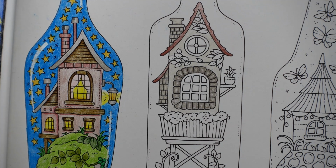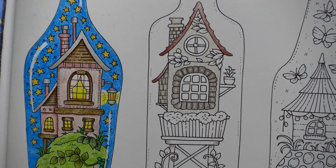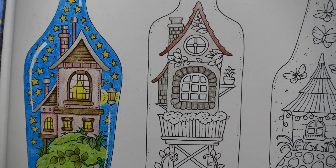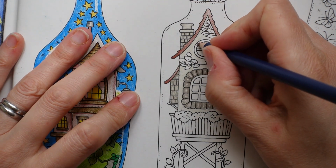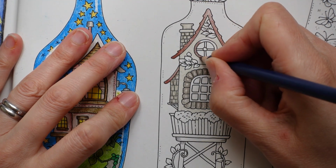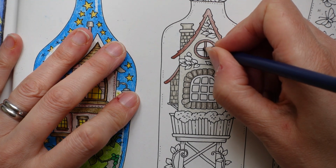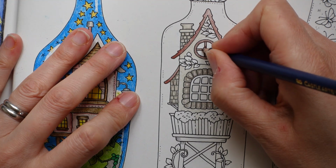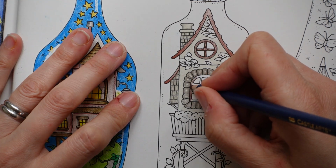I'm wondering about a brown. Let's go for a... Where's that walnut brown light? There. Walnut brown light. I'm going to use this. There we go. And it is actually quite dark. It's not that light, but I think it will work. It'll look different to the roof, but work with it, sort of thing. I think I'm making sense. Bit extra on those edges. There we go. This looks like a big factory window, like one of those